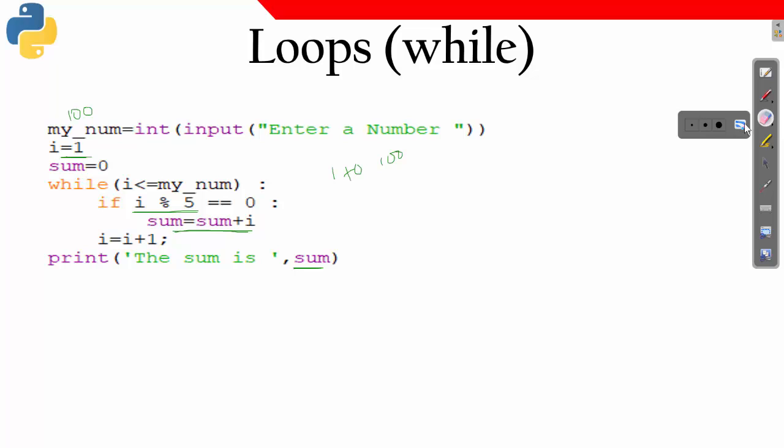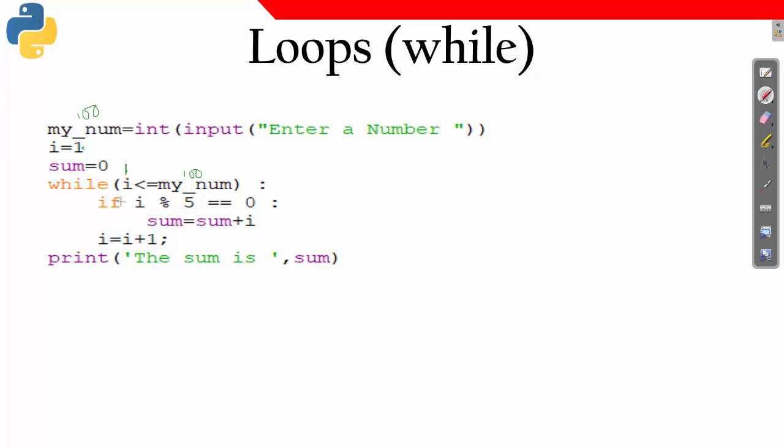Let us read the program once more. What is happening here is, you understood this statement. This is I, the initial value of I, which is 1, I have taken. And my num I have taken as 100. So I'll keep on incrementing the I value.